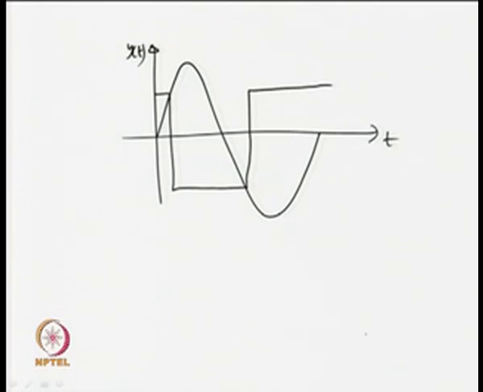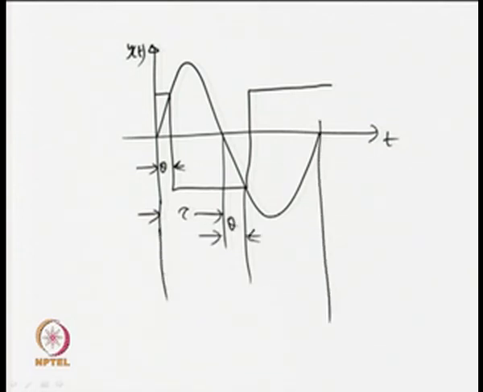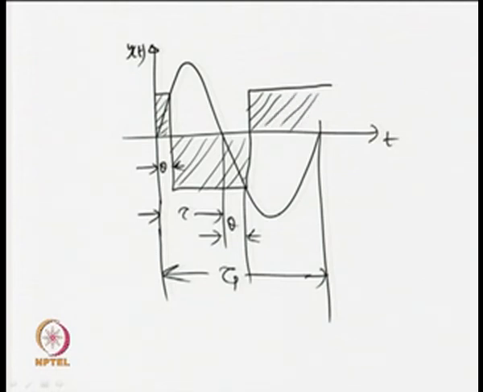this one. Thus, what are the spans here? This is theta. What is this? This span is equal to tau. What is this? This is equal to theta, and similarly finally one period is given by tau p. Thus, if I try to find the area of the input signal, I have to consider the shaded part only. So, to find the area of the shaded part,